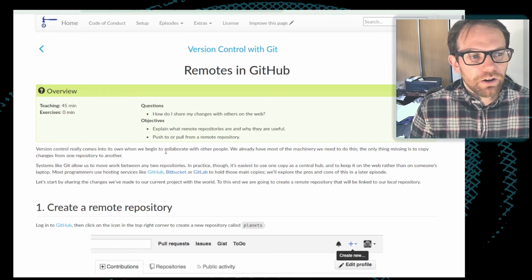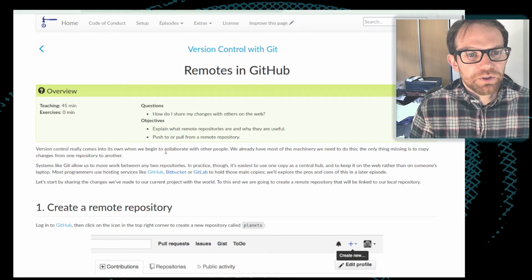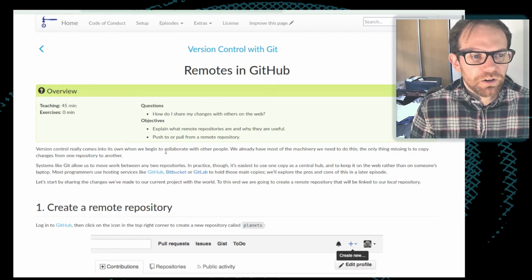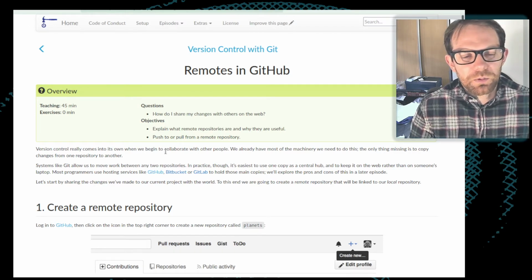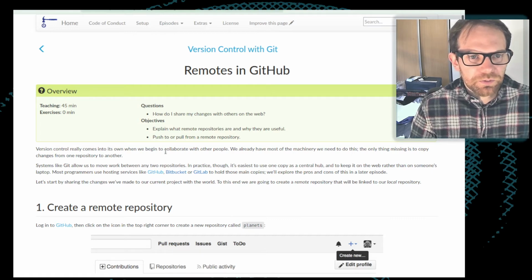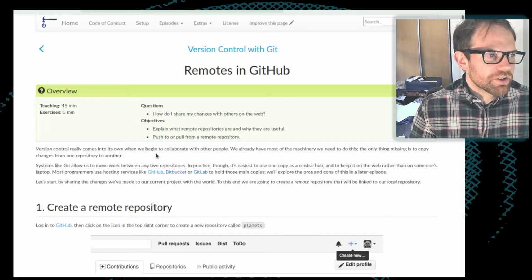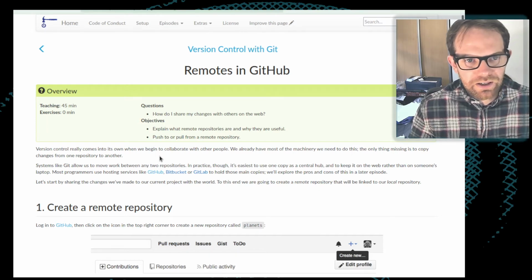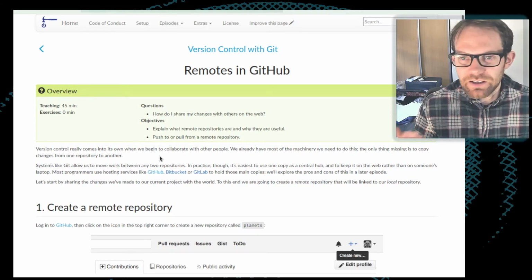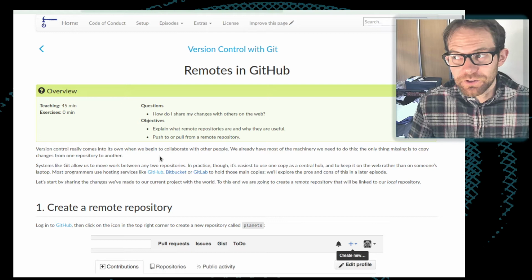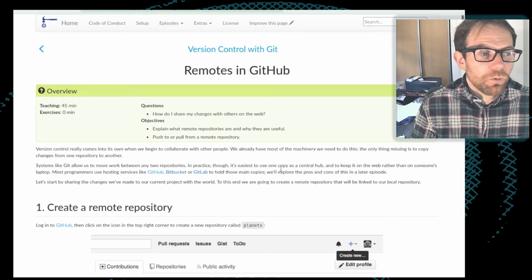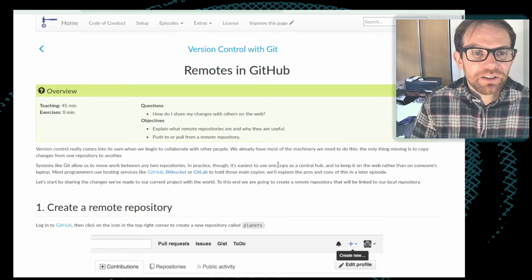Okay, now we are going to move on to the other major use of Git, which is how we work with other people, and indeed how we would work with our code split across multiple different machines. So how we go about sharing changes with others on the web, and, say I've got a laptop and a desktop in my office, and for the last 2 years a desktop at home, where I'm working on code. As I am at the moment, I'm working part-time in the office, part-time at home, and I want to make sure that I can work on my code in either place without too much faff.